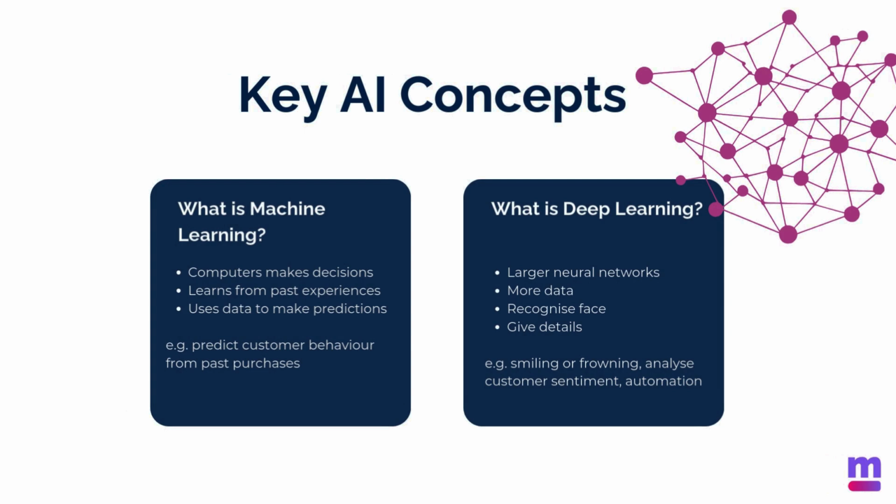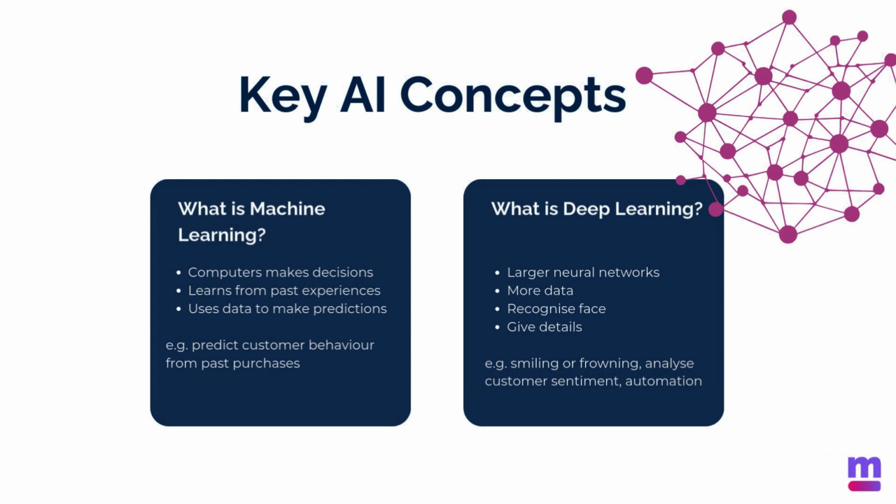The first is machine learning. Imagine teaching your computer to make decisions and improve from past experiences without having programming for every single task. That's what machine learning does. It uses data to learn from the previous information to make predictions or decisions for future scenarios. For example, it can predict customer behavior based on their previous purchases, helping you to tailor your marketing strategies more effectively. So, if you think about Amazon, if you have shown interest in a certain type of book, then they may suggest a similar type of book.